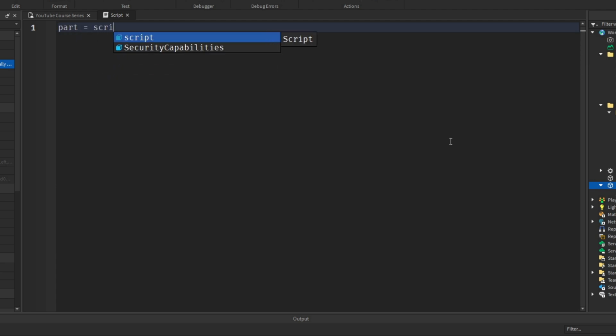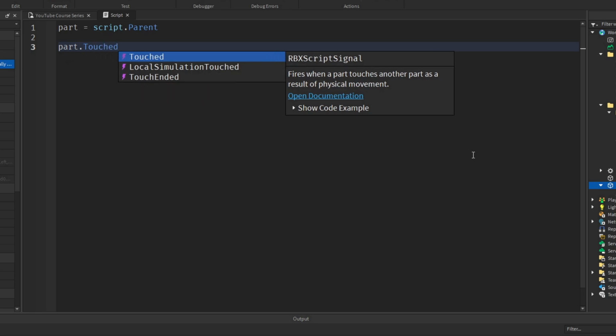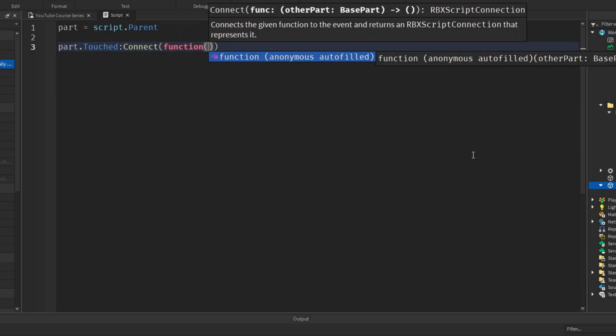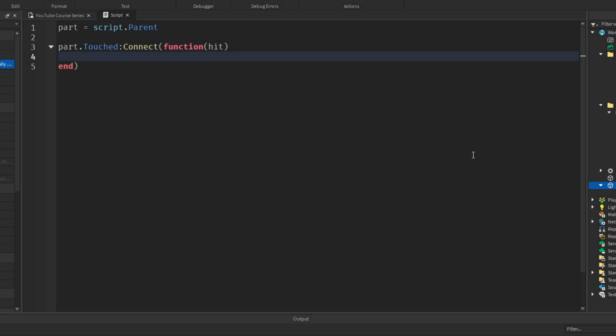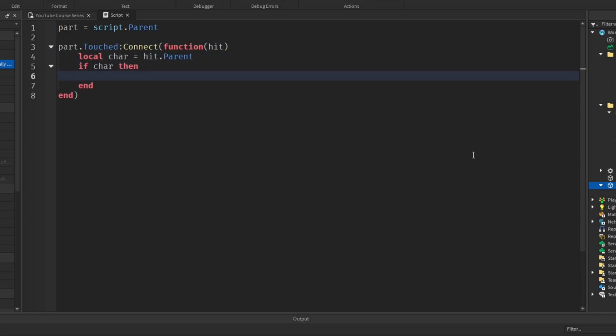So part equals script.Parent. Now what we want to do is call a function whenever the part's touched. To do that we'll say part.Touched:Connect function, and we're going to pass in hit as a parameter. Hit is the object that touches the part. It's automatically passed through. Now we need to get the player's character, so we'll say local char or character equals hit.Parent, because the idea is if say the player's left leg hits the part, the parent of that will be the player's character. And then we could say if char then, so if there is a character, if the character exists,